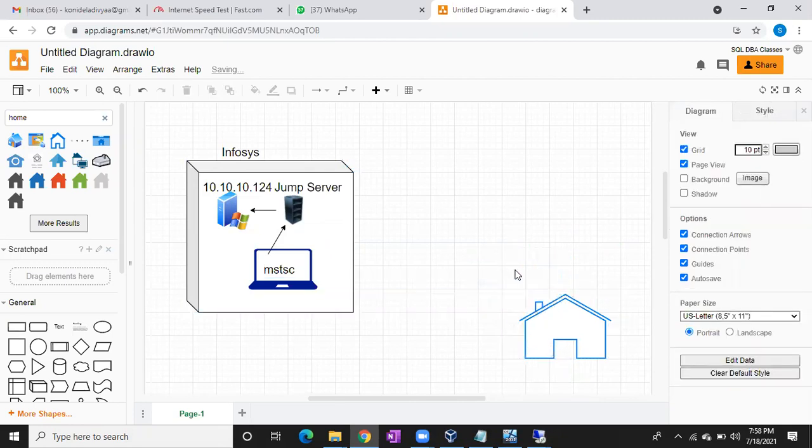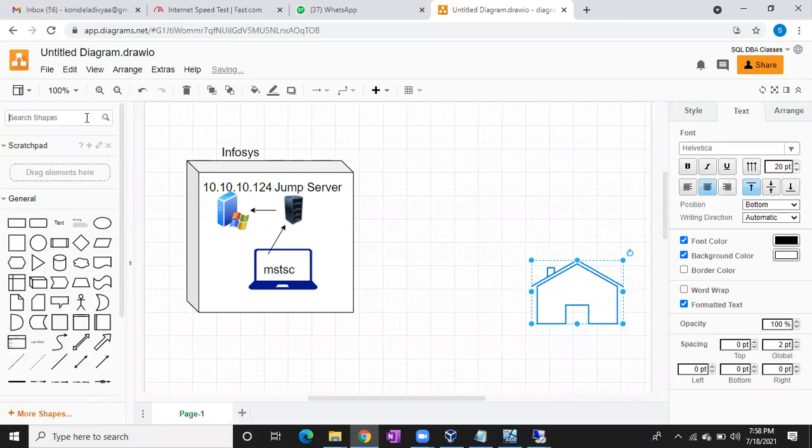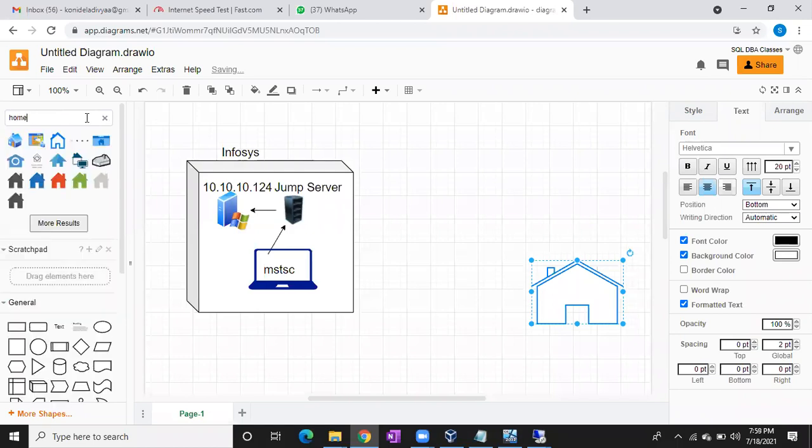Let me delete him, or else let me go with another home. This is fine, let it be.